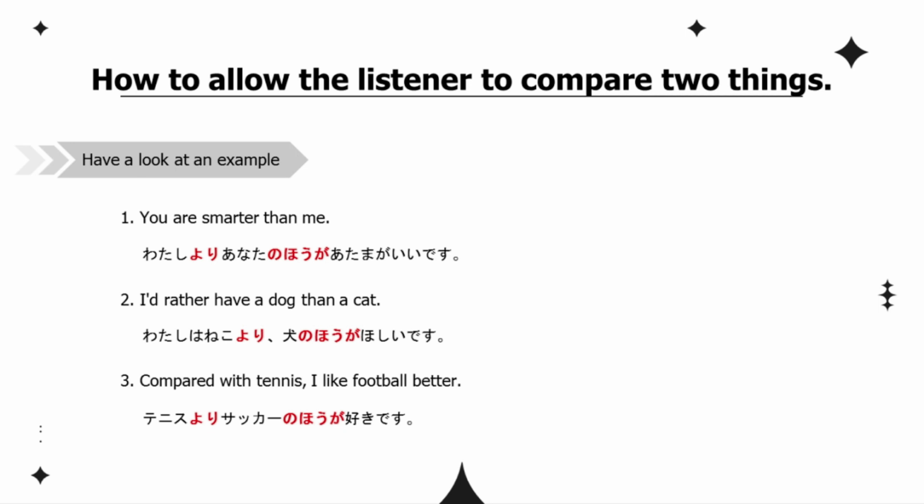You are smarter than me. 私よりあなたの方が頭がいいです。私は猫より犬の方が欲しいです。テニスよりサッカーの方が好きです。